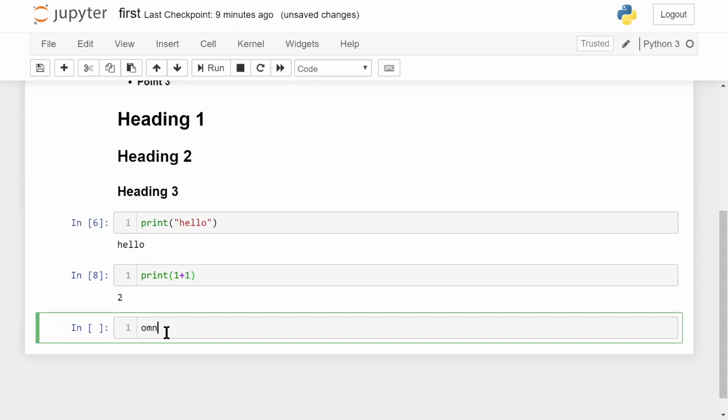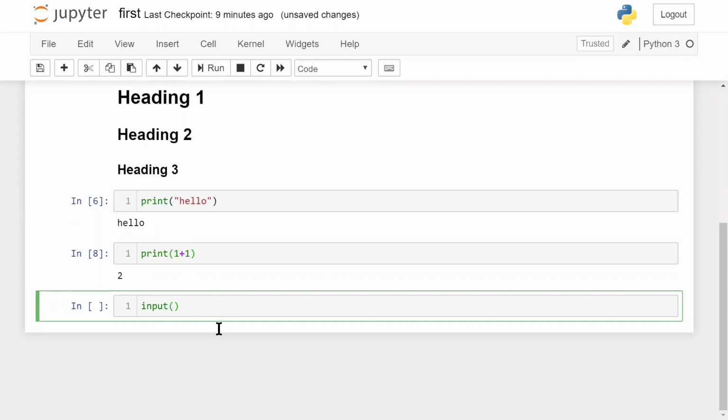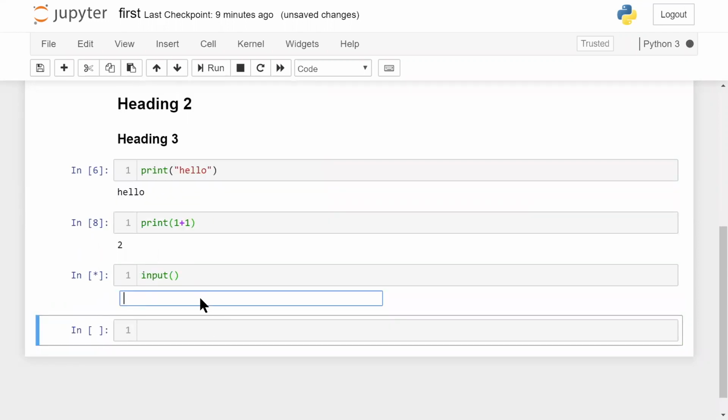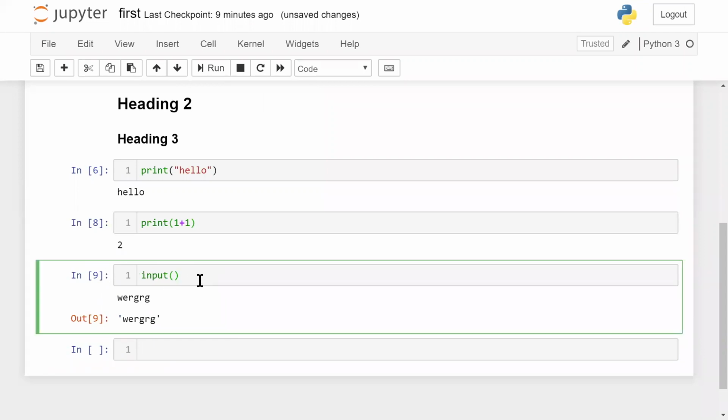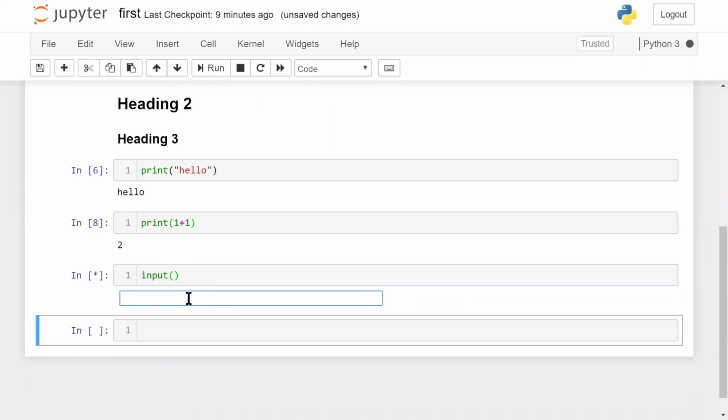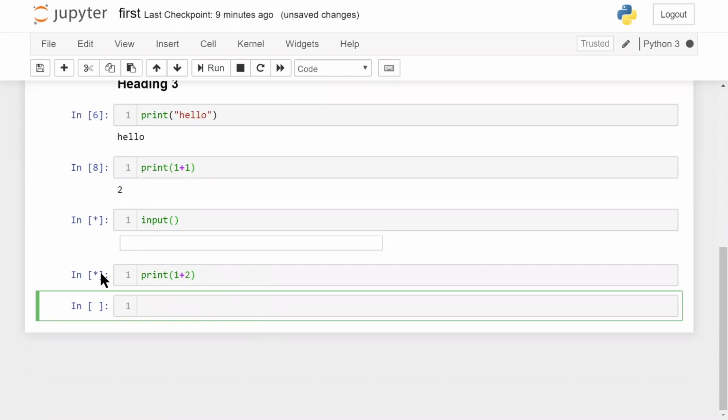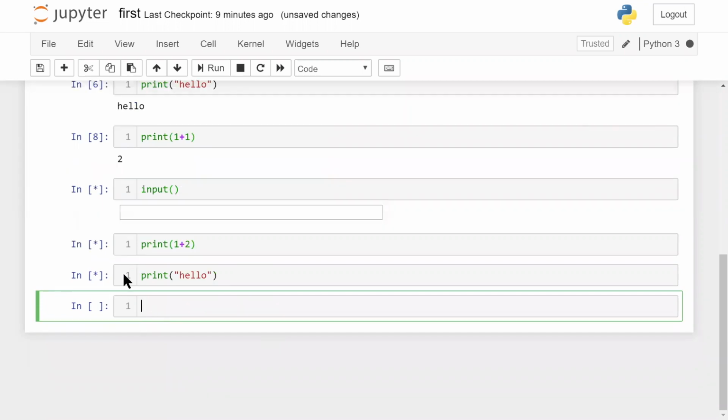Now when it is asking for user input, okay, and see it's still asking for user input, the cell is still running. So you'll see the asterisk sign here. When it finishes running, you will see the next cell number over here. Now imagine that this was running and I did not provide any input. I simply jumped over to the next line, which is plain 1 plus 2. Now when I run this, I still see an asterisk. I don't see any output. When I say something like print hello, still running, still not showing any output.